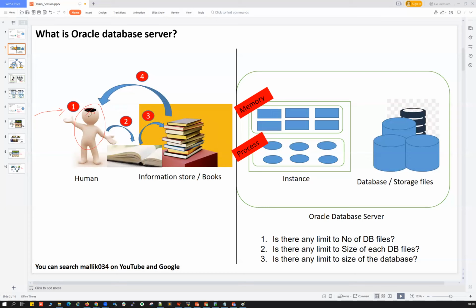So if I don't want to forget whatever I remember right now, I'll start writing it into a notebook. And again, when new friends or colleagues come and give me information, I'll start writing it into books. When that book is full, I'll take one more book and keep writing, because I may forget it over a period of time.